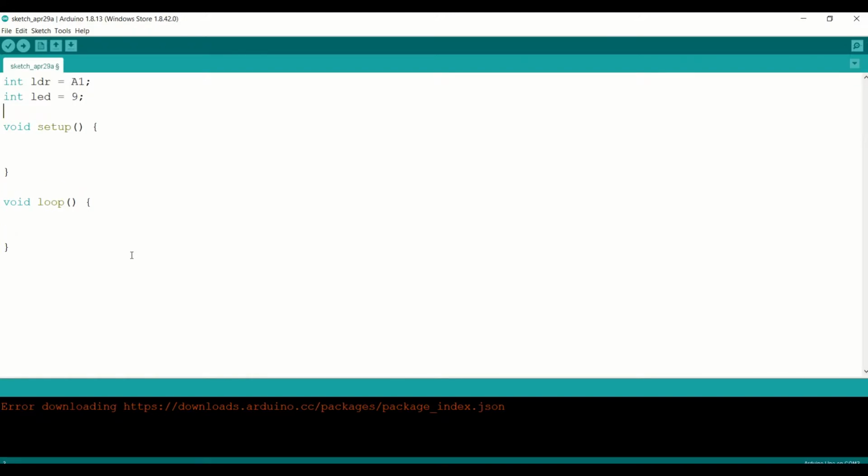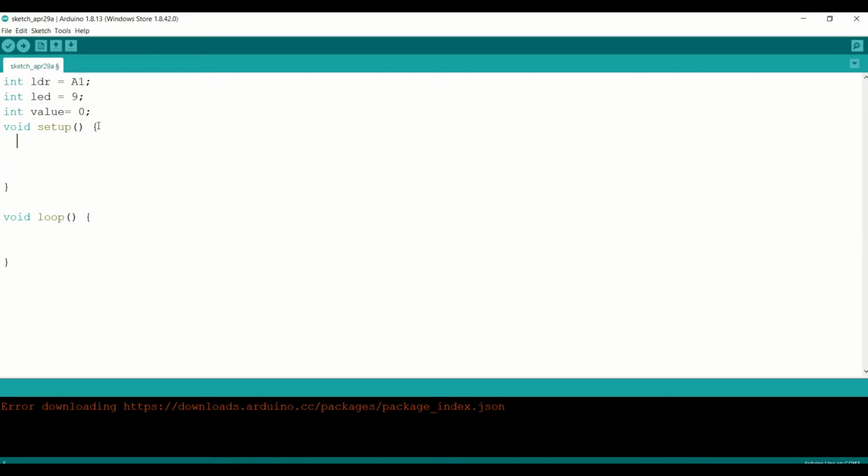And then finally we'll write int value is equal to 0. Basically why we are writing this is that the analog values are between 0 to 1023, so the smallest one between them is 0. So the value will be equal to 0 or greater than 0.